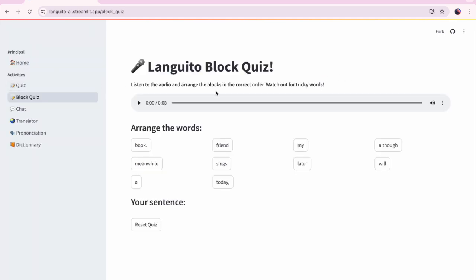We have also implemented building blocks quizzes, which will prompt the user with an audio. The user needs to listen to that audio and select the correct blocks in the correct order. Let's do this. Later today, my friend will sing a book. So we have